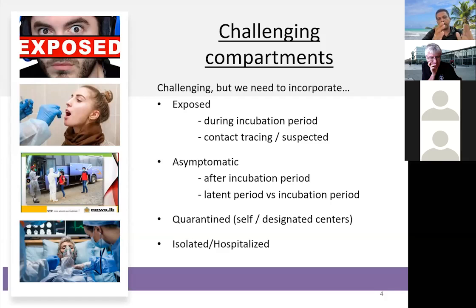So if you have a compartment especially designed for exposed, we have to be careful with our data. Who are those exposed people? Sometimes through contact tracing, we can find some of them, and some who are suspected, we can label as suspected. Even in the epidemiological unit's data, they classified certain cases as suspected. They are hospitalized not because they are infected, but because they are suspected. Sometimes family members, sometimes neighbors, some situation like that. So therefore, in data processing, we have to be careful once we collect and manipulate those data into our